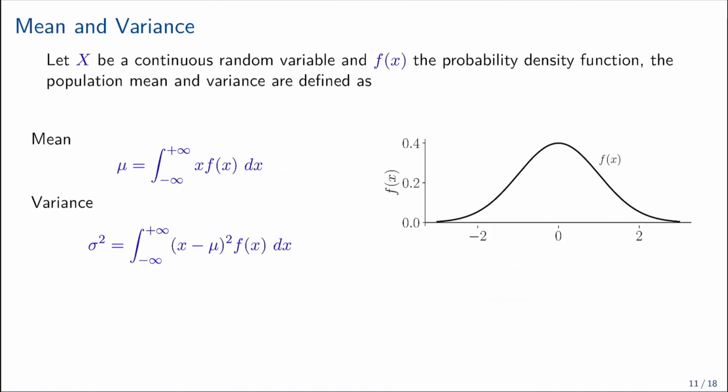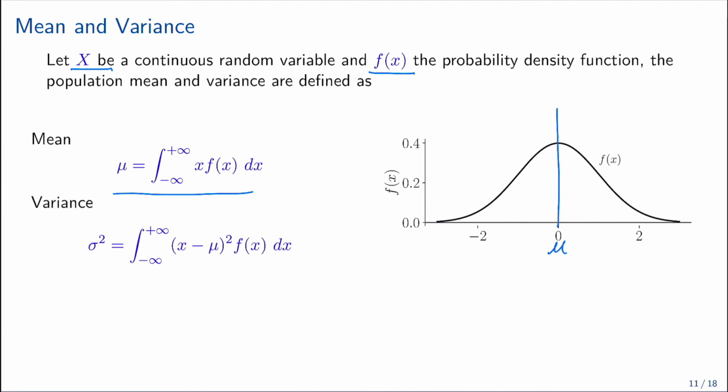Now let's have a look at the definition of mean and variance for continuous variables. If X is a continuous random variable and f(x) the probability density function, the population mean and variance are defined as follows. Mu is equal to the integral from minus infinity to infinity, that's the whole domain, of x multiplied by f(x) dx. If you remember from your statics and dynamics courses, this is the actual definition of the centroid. In this particular case, the mean is going to be located at